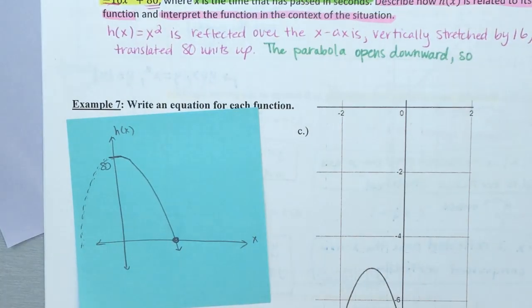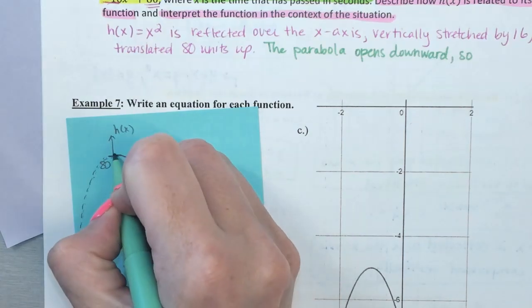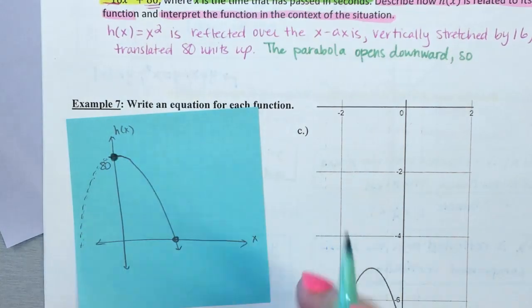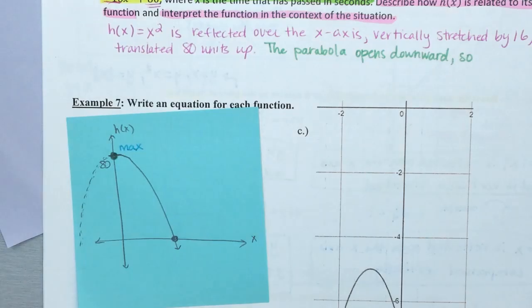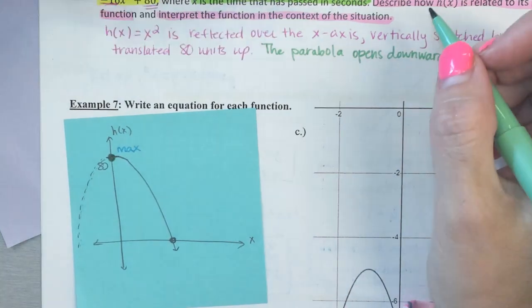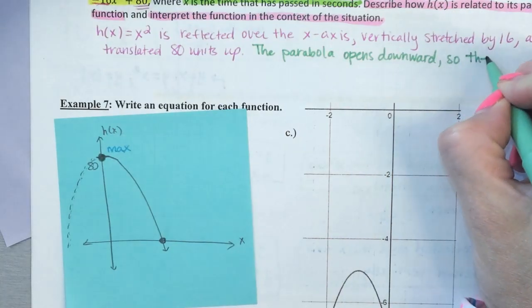And they want you to mention that because when this opens downward, that means this point here is a maximum. Remember we talked about maxima and minima? Okay, so the parabola opens downward, so there's a maximum,